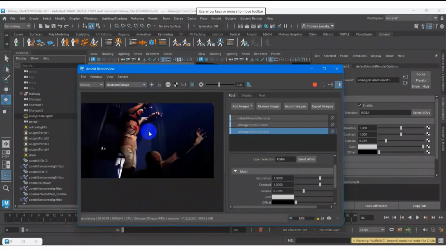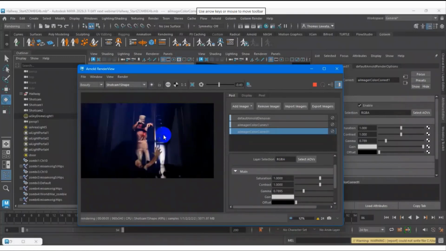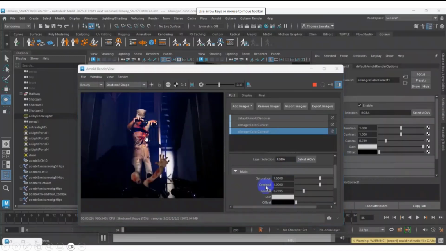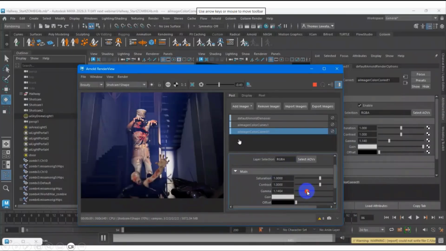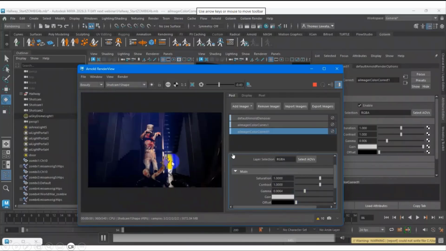But if you want something more complex, you can bring it to Photoshop, or even to After Effects or something. Maybe you can even roto, anything you can do. But this is how to do some color corrections inside Arnold.